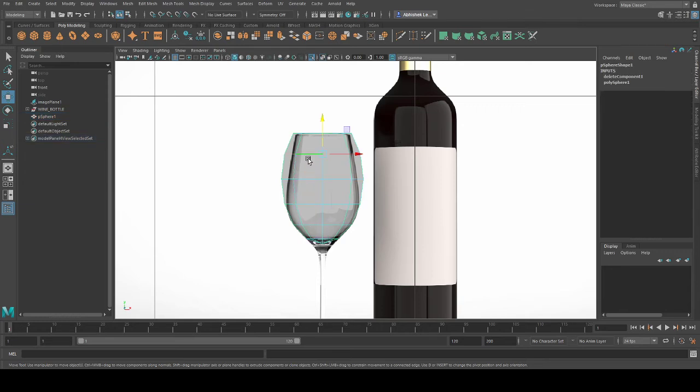So here I have to make it narrower like this. Here I'll keep it like that only. You're understanding what I'm doing, right? This way. Over. Your wine glass is ready.